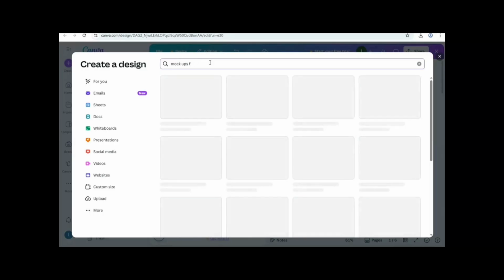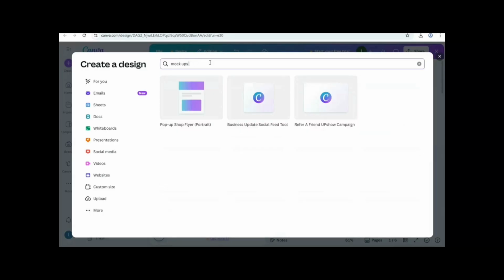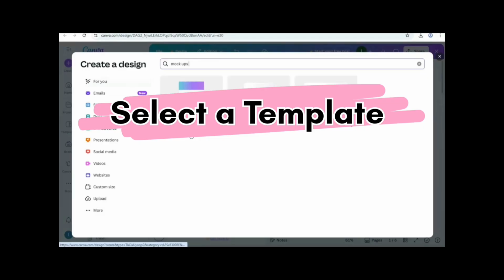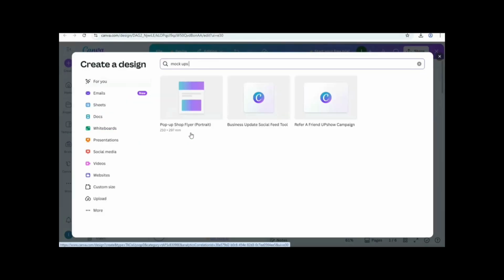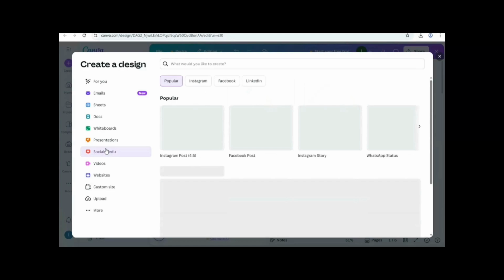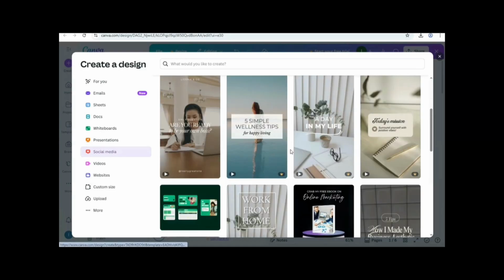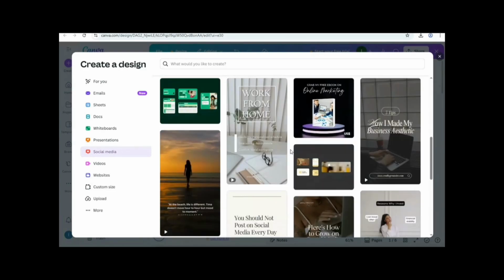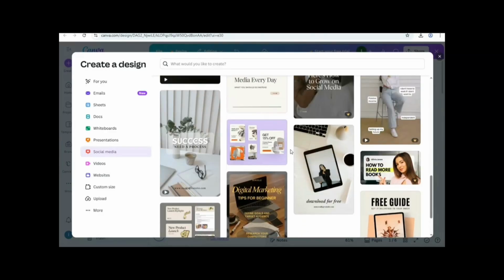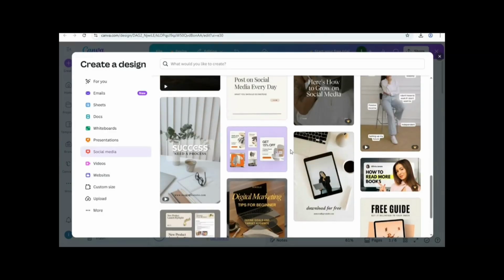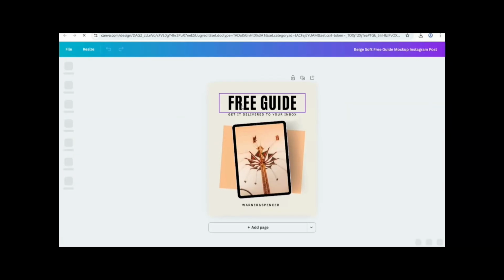After choosing the design for the mock-up, put in your images. If you don't have the images, again you can generate images using Canva AI and design your product using the templates. There are various templates. You can choose one that really appeals to you and put in your product images, put in the words that describe your product, anything really that you'd like your customer to see when they look at